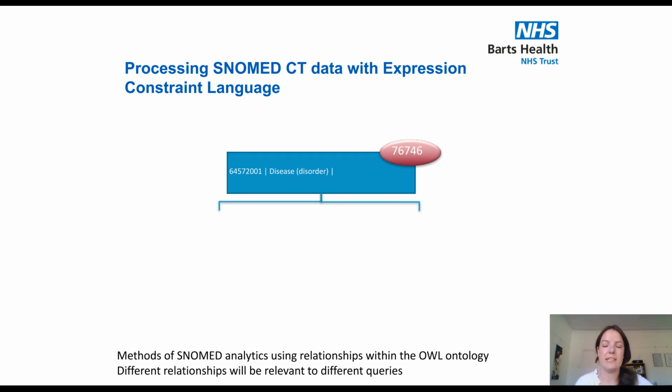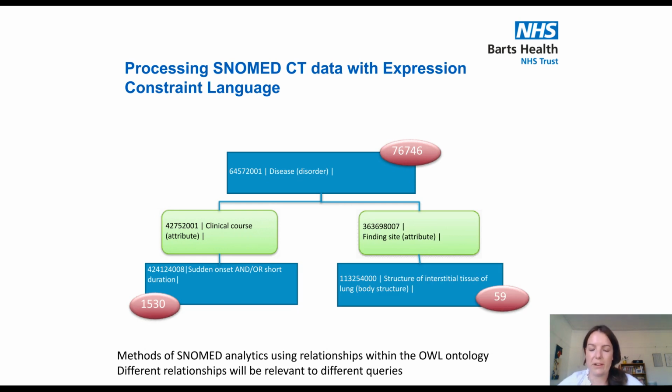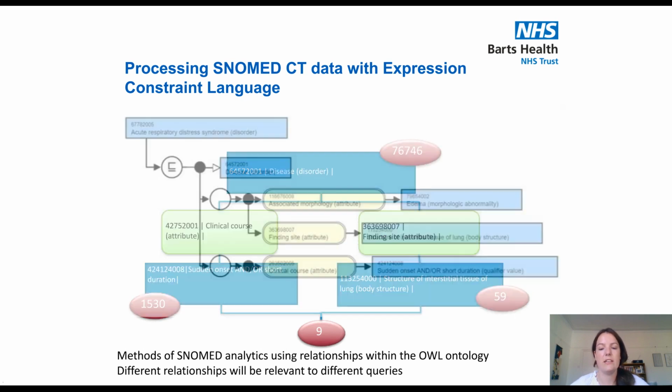So just to go over the ECL again, to explain how it's been useful in this data set. If I define that I'm only interested in SNOMED concepts that are diseases, when I first wrote the slide there were over 76,000 concept IDs that fitted that requirement. Then if I narrow it down to diseases with a clinical course that is sudden onset and/or short duration, there are 1,530 terms that fit. Whereas if I'm interested in any disease which has the finding site of a structure of interstitial tissue of the lung, there are only 59 concepts that fit that definition. And if I say I'm interested in things that have both of these relationships, there are 9 concept IDs